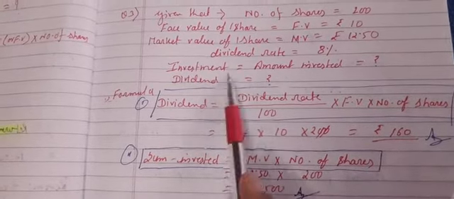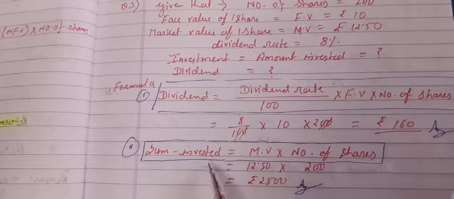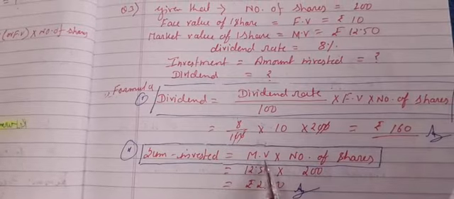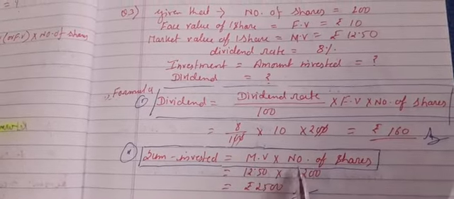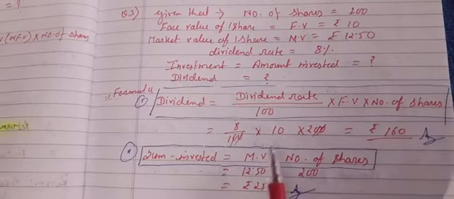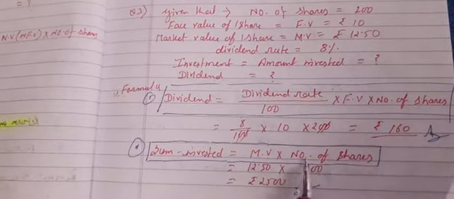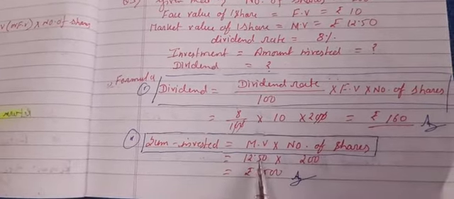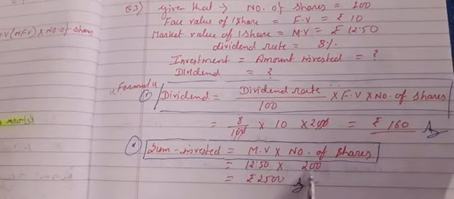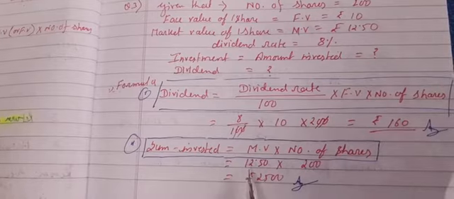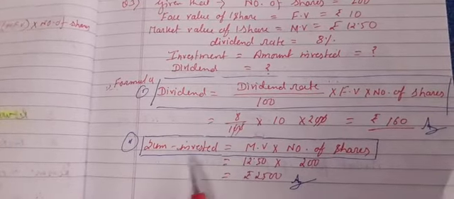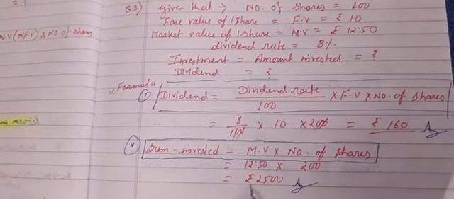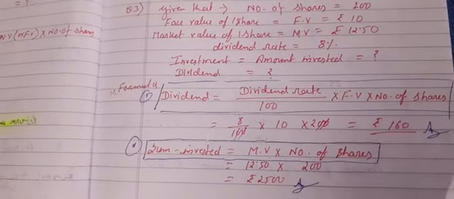Second, we have to find out total investment. That is the first formula I have shown you at the starting of this video. Sum invested is equal to market value or market price into number of shares. What is market value? 12 rupees 50 paise. How many shares are there? 200. So total investment done by the person is what? This into this. You can use your common sense also. I want to buy 200 shares and cost of each share is market price, market value is 12 rupees 50 paise. So total investment will be what? My total investment will be 12 rupees 50 paise into 200, that is rupees 2500. And here our answer is over.